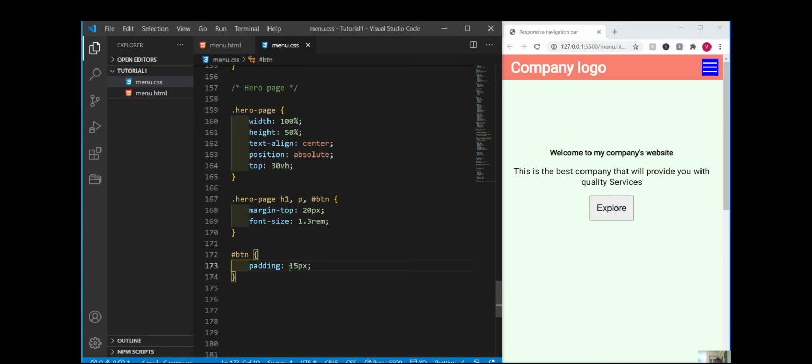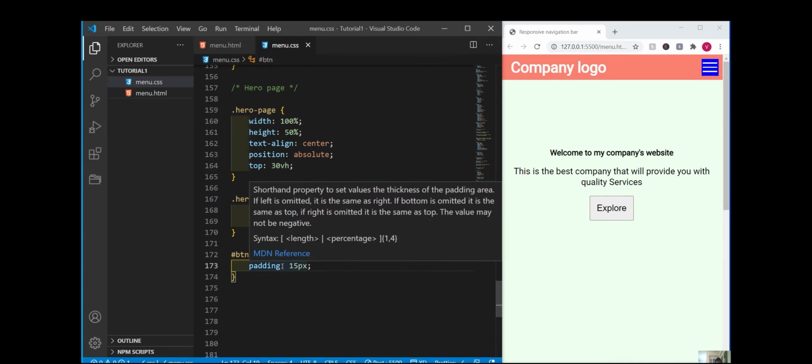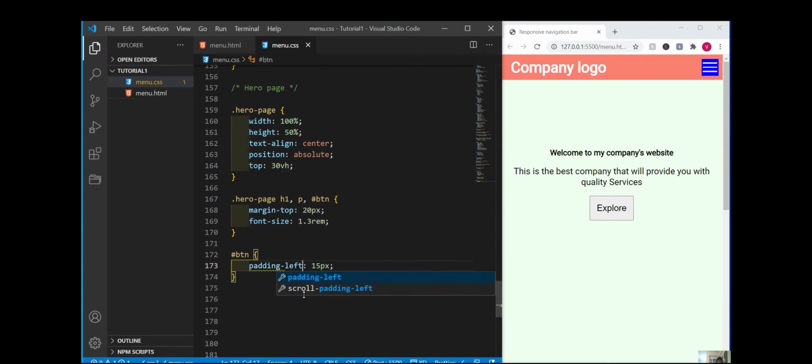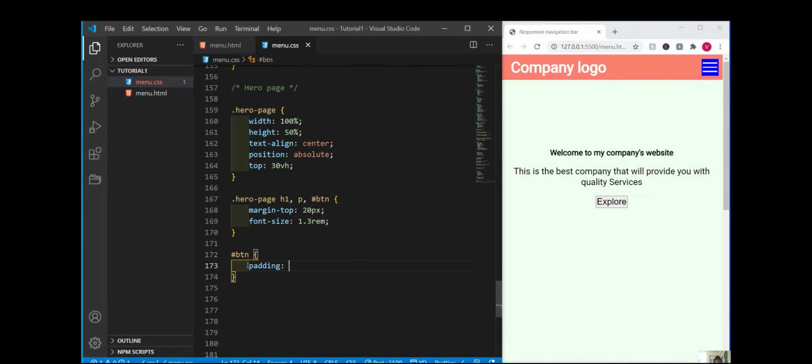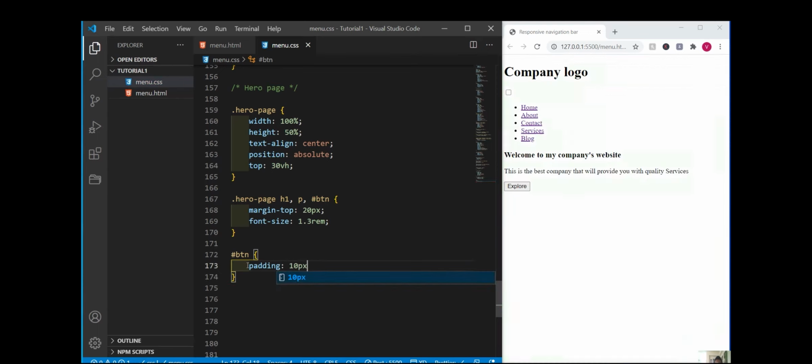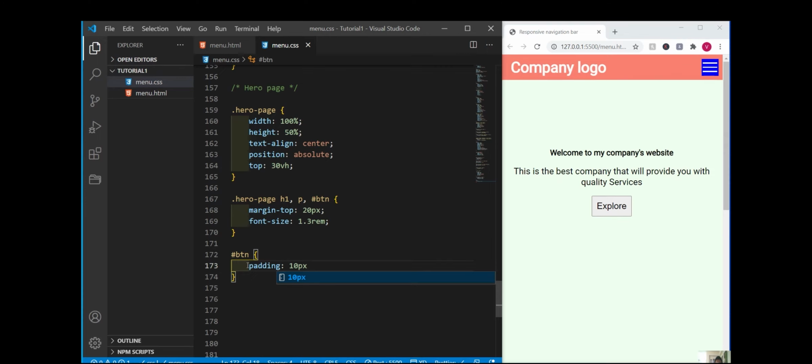Looks crazy. Padding of 15 pixel. Give it padding left 15 pixel. Okay, let me do it this way. I give it a padding, but not, I'll give it 10 pixel top and then 15 pixel left and right. Does it make sense? 20 pixel